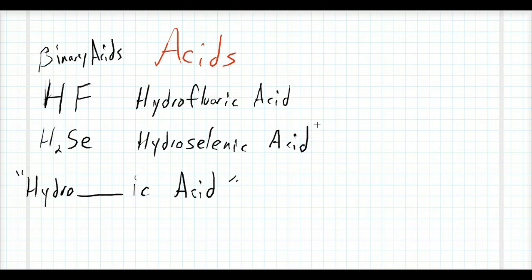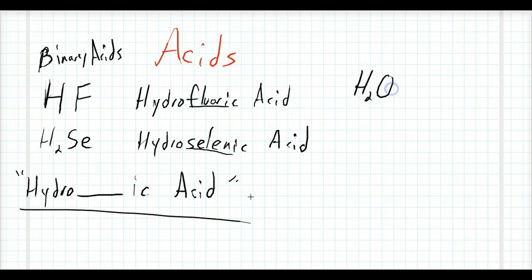The hydro acids are pretty straightforward, because again, it follows the same exact name every time. You just have to fill in the blank with whatever that element is. Now, a common question that I receive is, how do I know which ones get the hydros? It's going to be H with something else. For example, we really don't typically see or label H2O as an acid, but there are times when it can fit the bill, and according to our system, it would be perfectly acceptable to say